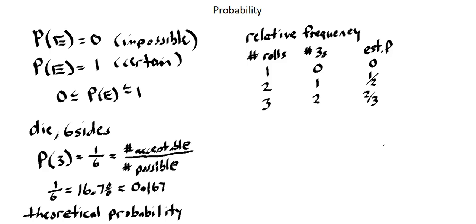We've only rolled the die 3 times. If we were to roll 10 times, that wouldn't be a big number. If we were to roll 100 times, then we're getting to a more significant number. Let's say that we were to roll the die 1,000 times. And let's say the results after 1,000 rolls are 190 3's. So my estimated probability is going to be 190 over 1,000, which equals 19